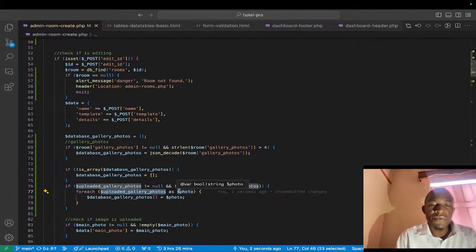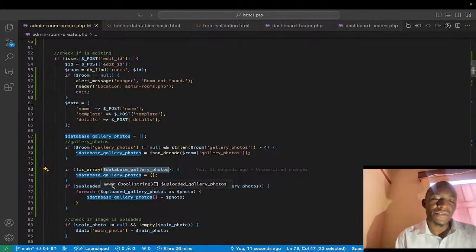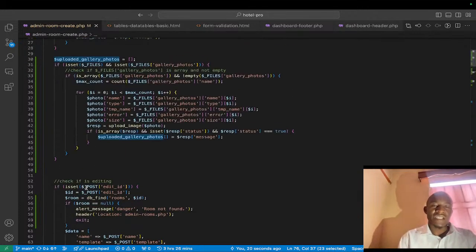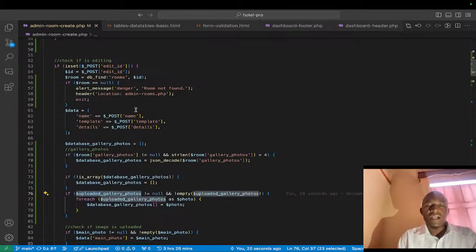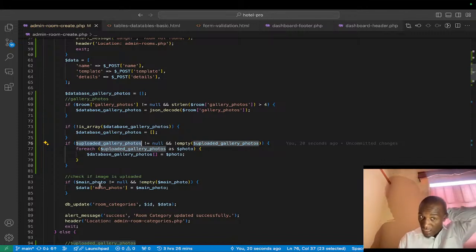As we loop through them, I add their names to the database gallery photos. So here I'll have got the photos that have been uploaded. We're adding them to the gallery. If they are not there, then it's still okay because the photos remain the same. Then after doing so,